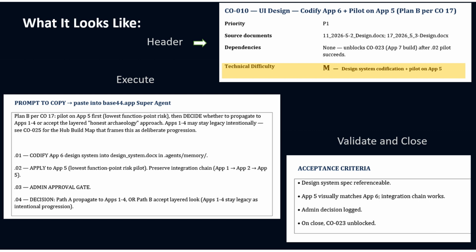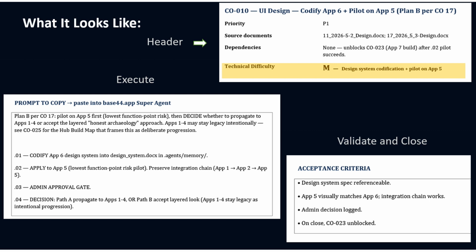And I also went back and had it rank all the change orders in terms of technical difficulty: low, medium, and high. If it got to be a really technical change order, I might have them prepare an SOP, a standard operating procedure, or I might review that with someone who has a lot more experience with this than I do, because I'm a finance guy. I'm not a software developer, so sometimes you have to do a little bit of additional work before you execute